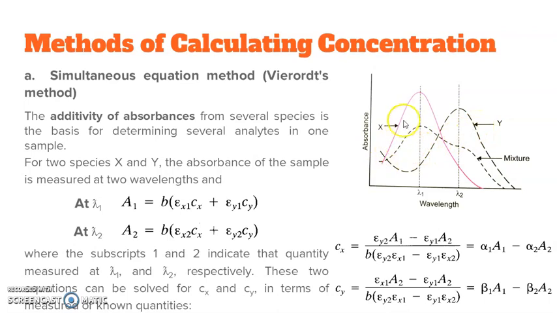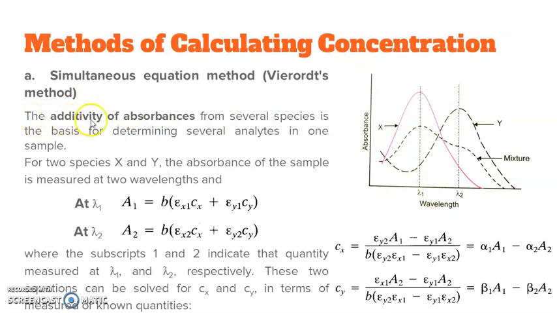You can see X has the absorption maxima somewhere here at this particular wavelength. I call that wavelength lambda 1. And drug Y has absorption maxima somewhere here, and at that particular wavelength I call it lambda 2. So there are two wavelengths which correspond to two different drugs in a sample. Lambda 1 corresponds to the absorption maxima of X and lambda 2 corresponds to the absorption maxima of Y. Okay, with this preamble, I will go for